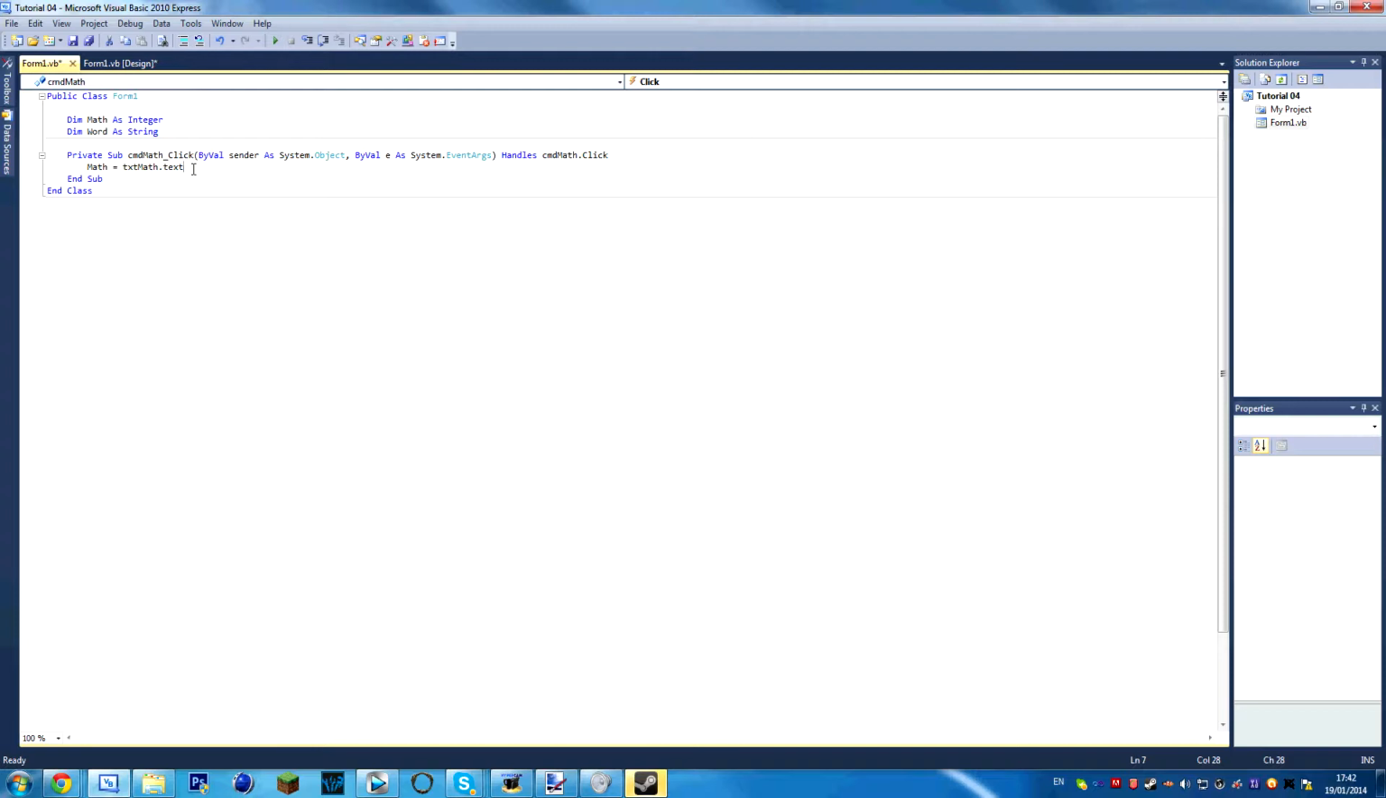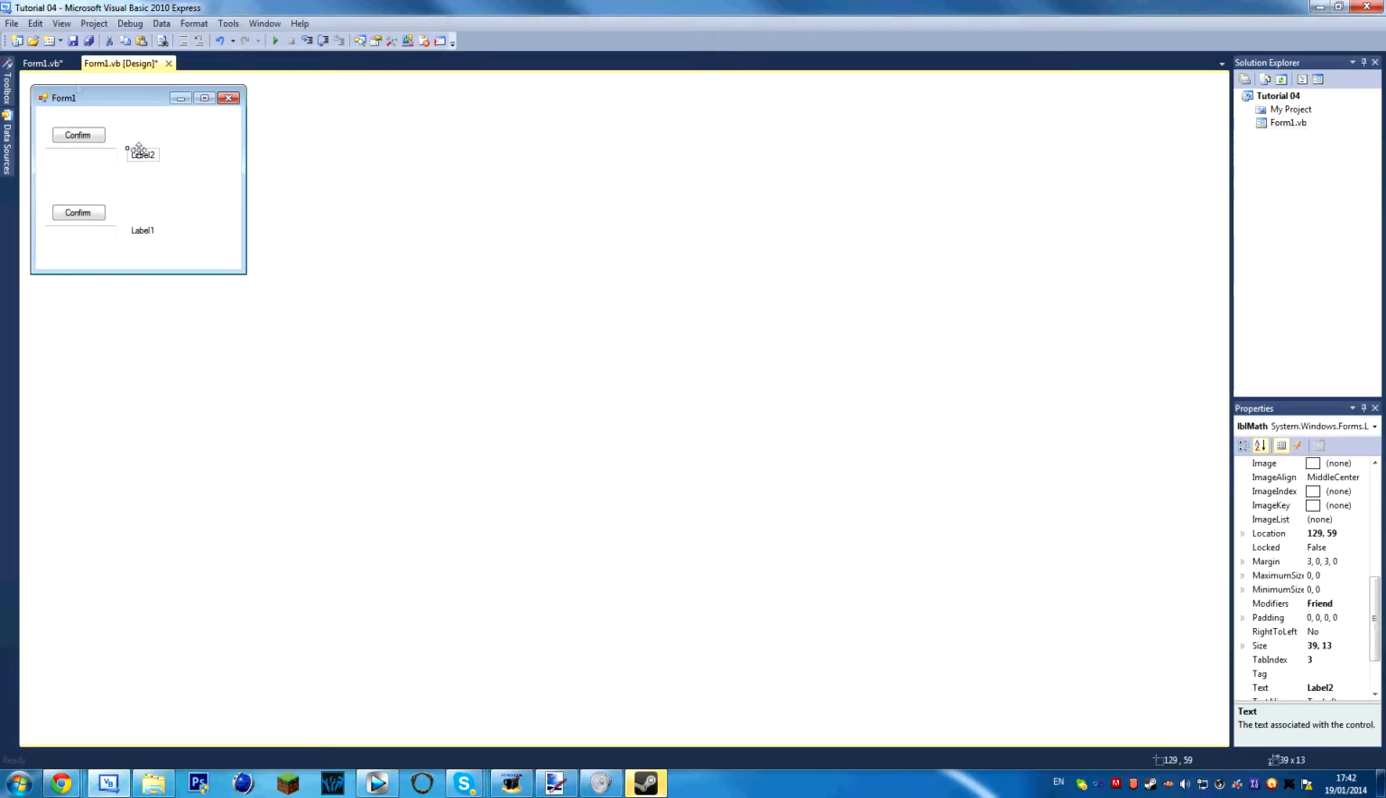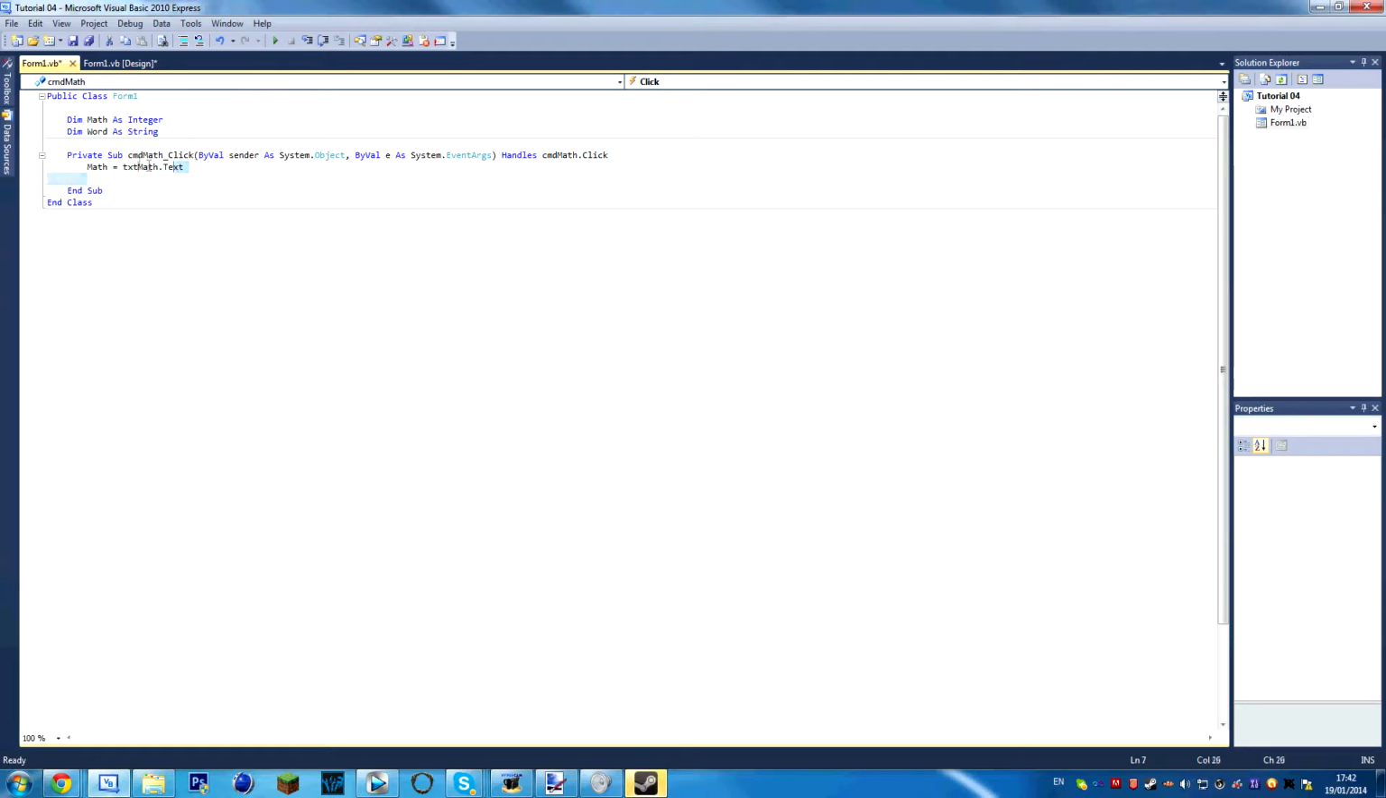Then we want to say, okay, that now we have this holds our data, okay? I can't stress that enough. So what we can do now is, instead of writing this out again so that we put the label text equals this, we can simply say that the label.text equals math, because this math now is the data that is entered in here. So if we do label